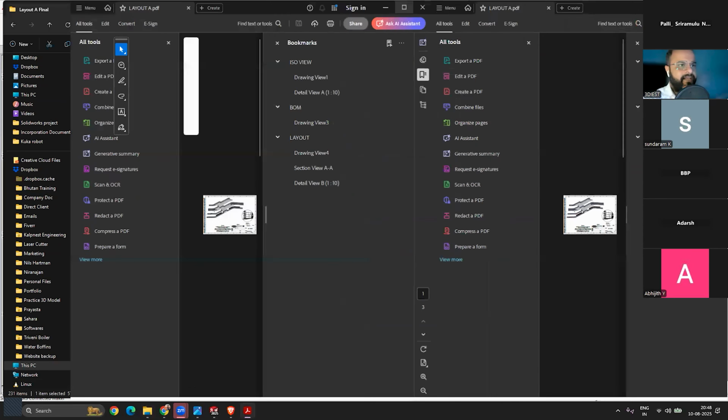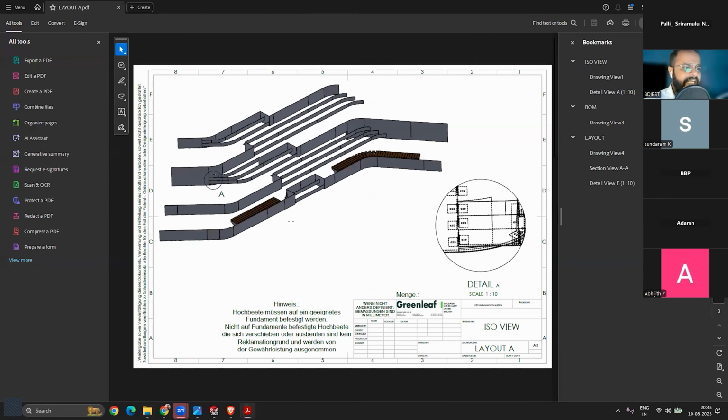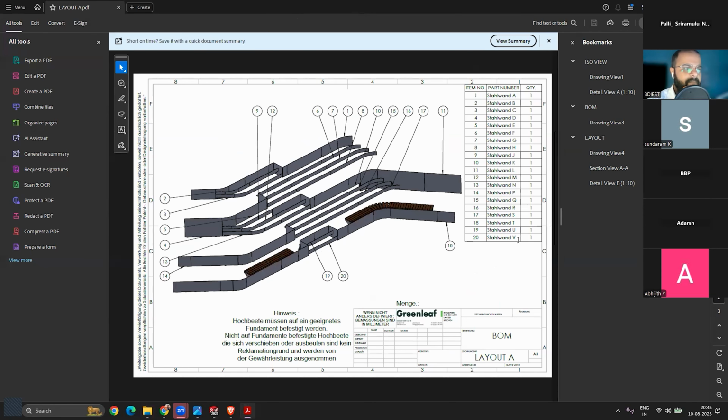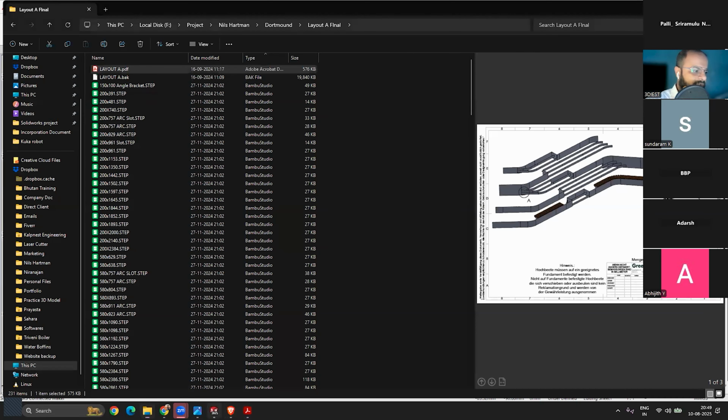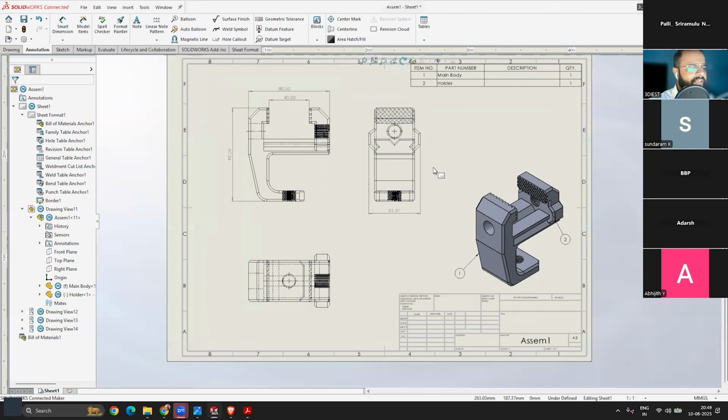Here it is. So you can see this is the complete assembly, and next is my BOM. Here all the balloons I have shown like this, and then we also explained the part number and the quantity. So if someone is viewing this drawing, they can easily tell which part number I'm referring to, and which portion of the assembly, right? So this is the benefit of adding balloons and the BOM, bill of material, as we call it. And now here you can see we updated that.